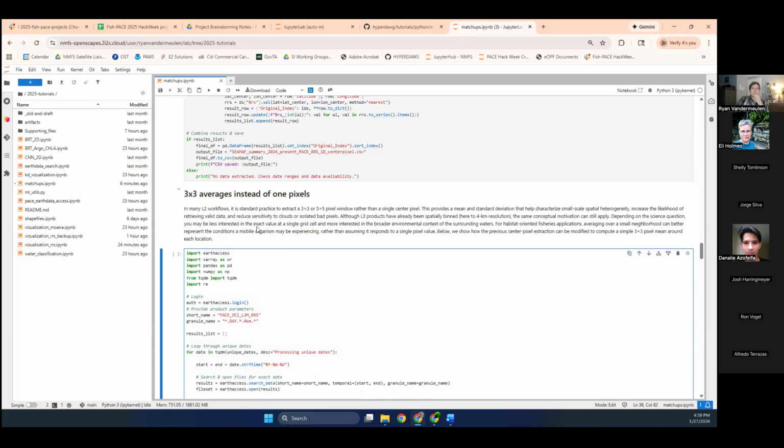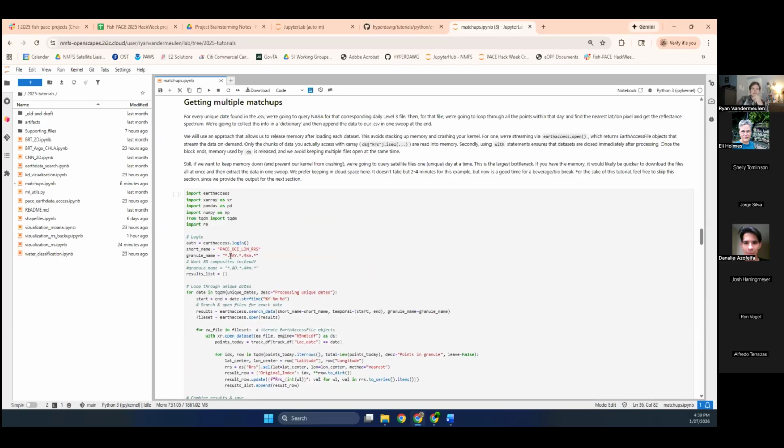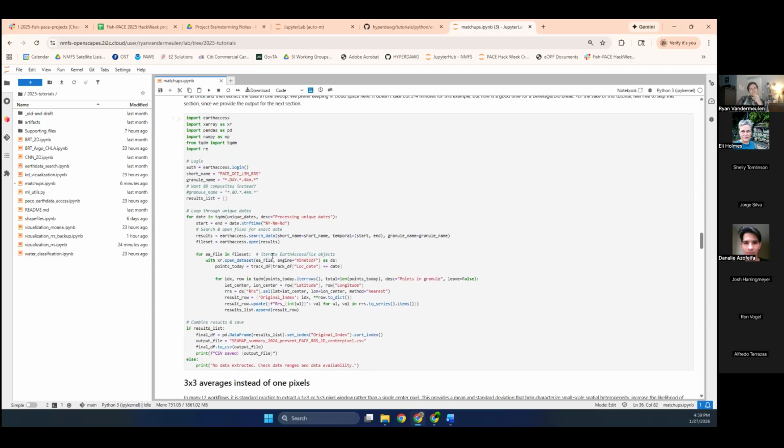If you want to change this to an 8-day, just change this to 8D right here, and you'll extract the 8 days instead. One nuance to this, there's a way to do it, but it's a little complicated, and I didn't want to mess with it in this tutorial. If it picks a date, it's just going to take the 8-day window that it overlaps with. But if it's on the first day of that 8-day file,